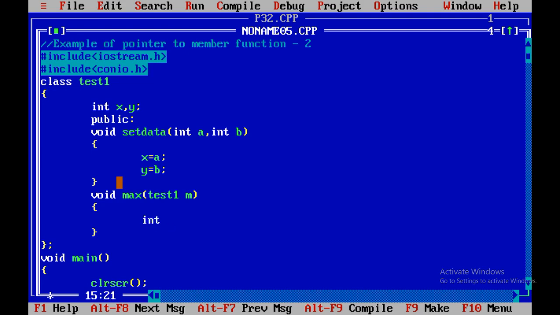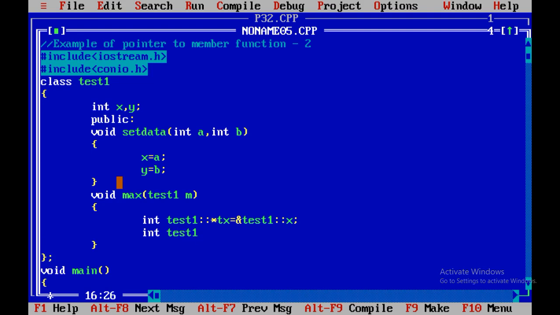What is the syntax? int test1::*tx = &test1::x; and int test1::*ty = &test1::y.